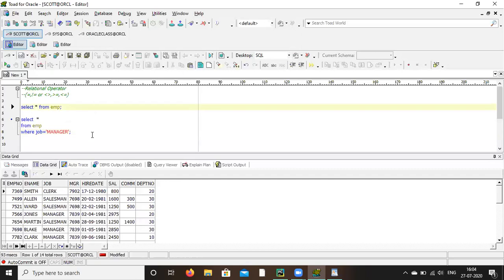Now like that you can do equal to and not equal to also. So let's say whose department number is not equal to 30. Do that.